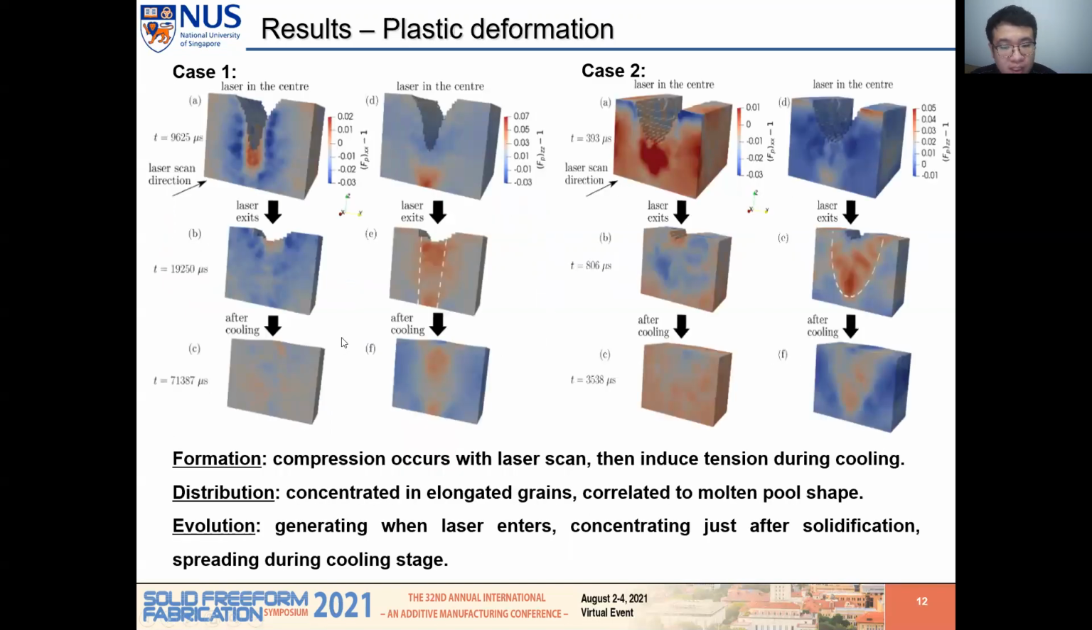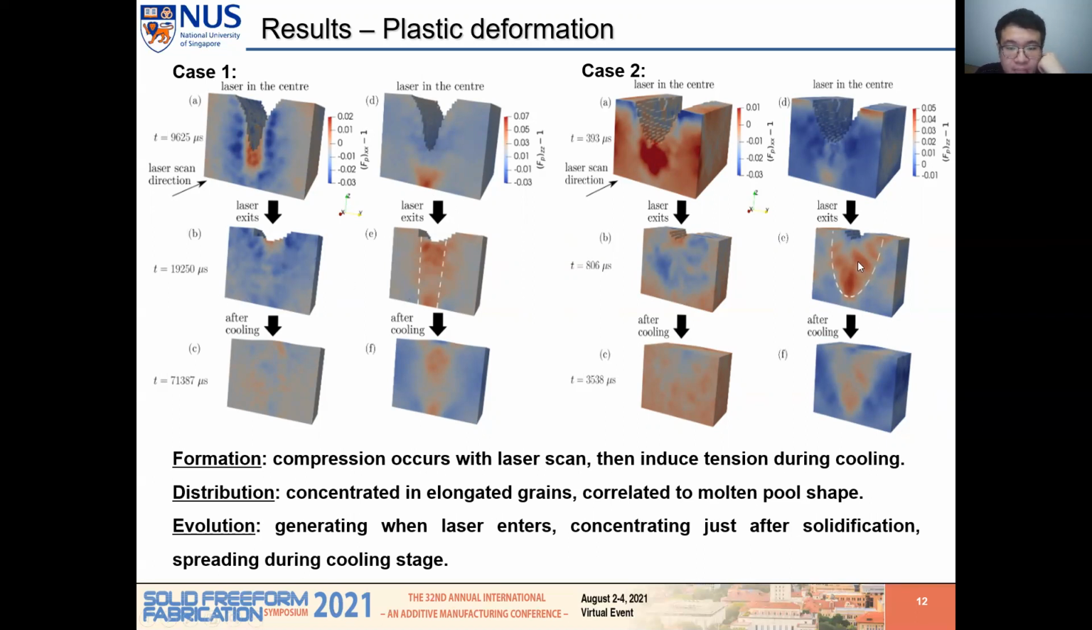Then we just turn to the plastic deformation results. Three representative moments are selected: when the laser is at the center, when the laser exits the volume, and when the cooling stage finishes. When the laser enters, for the most part compression is induced here, the blue region. After the laser passes, the molten pool becomes shallow here, and tensile stresses are imposed,